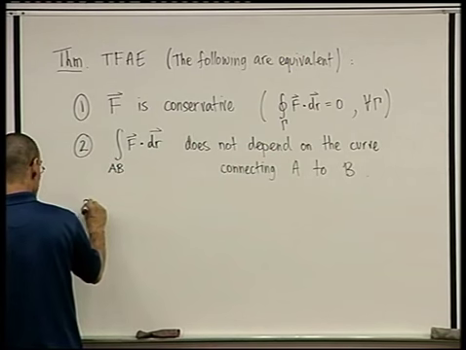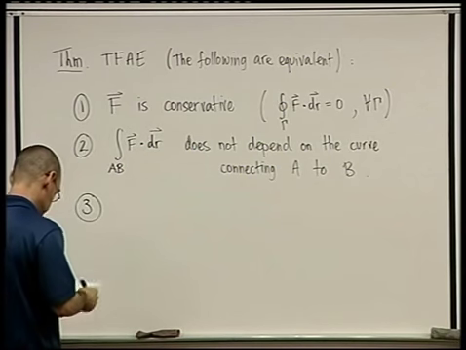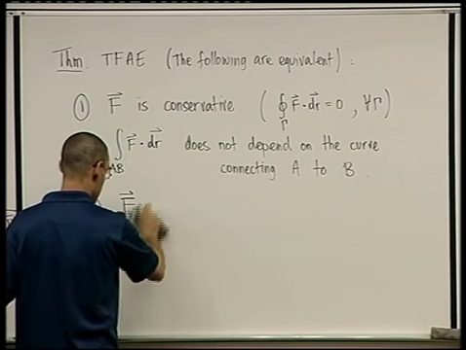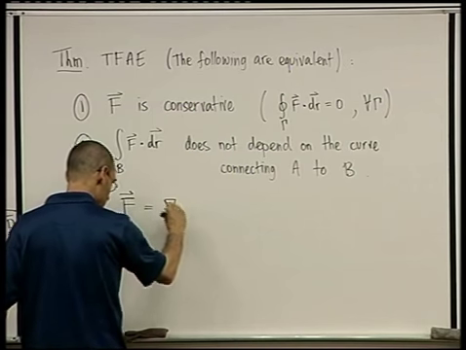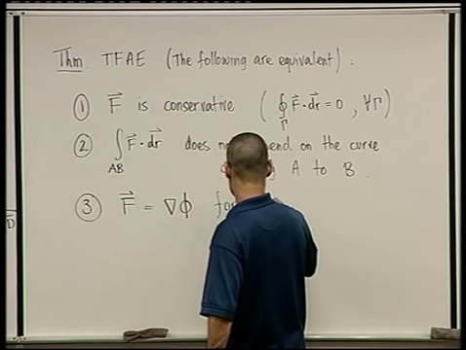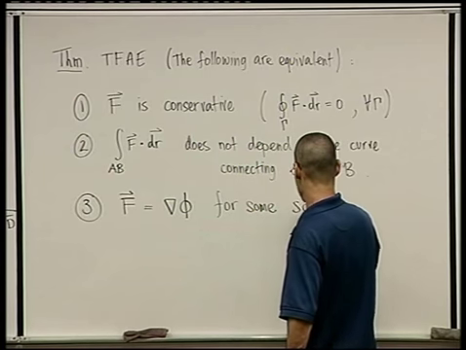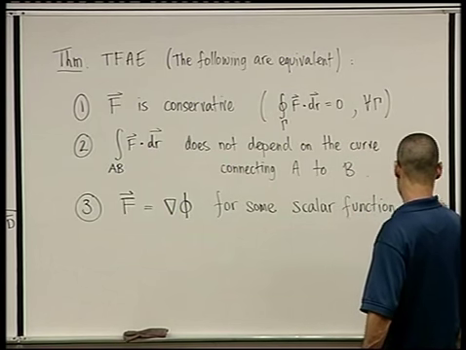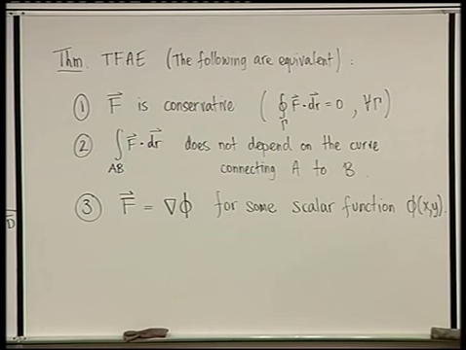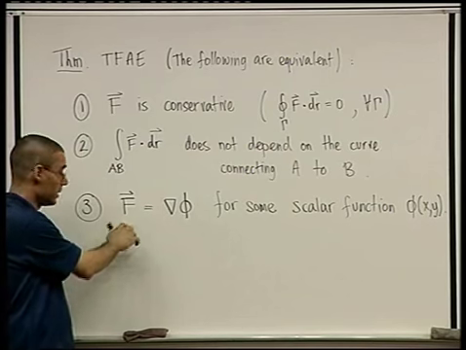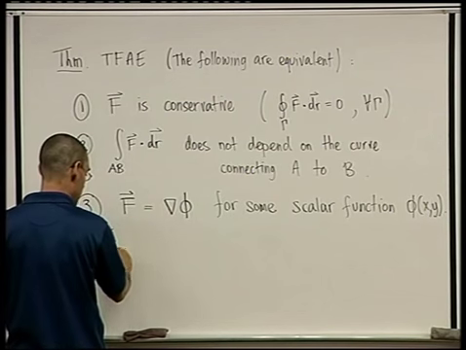3 is going to be F is the gradient of some scalar function, phi, for some scalar function phi of x and y. What does it mean that F is the gradient of phi? It means that, remember, F has two components. F was P and Q, right? So let's write, i.e.,